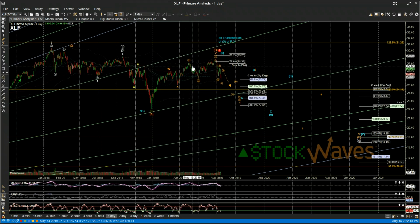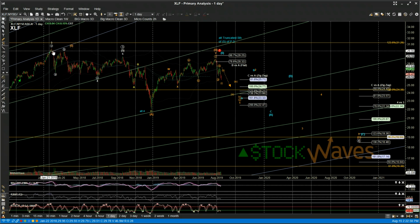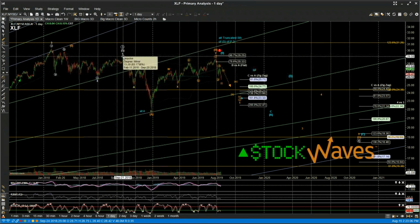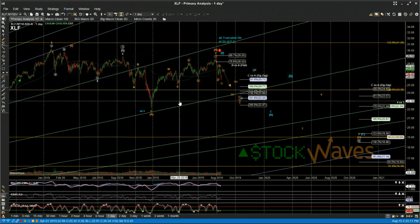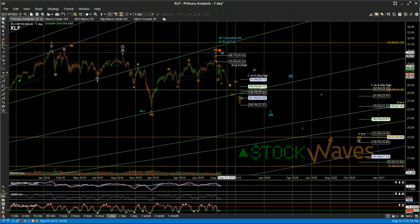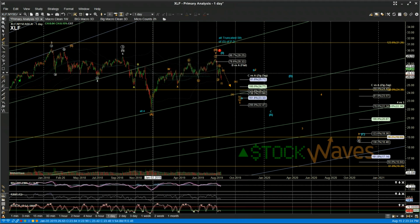But the XLF, and as we'll see, a number of the individual financials, have made a series of lower highs going all the way back to early 2018. So despite the move up, they did get a little bit higher than the May high. They did not get higher than September 2018 in XLF, and certainly not over the January high. This does complicate the count a little bit because with so many individual equities and the indexes themselves, with the exception of the small caps, counting as an extension of this primary wave 3 into the top here,